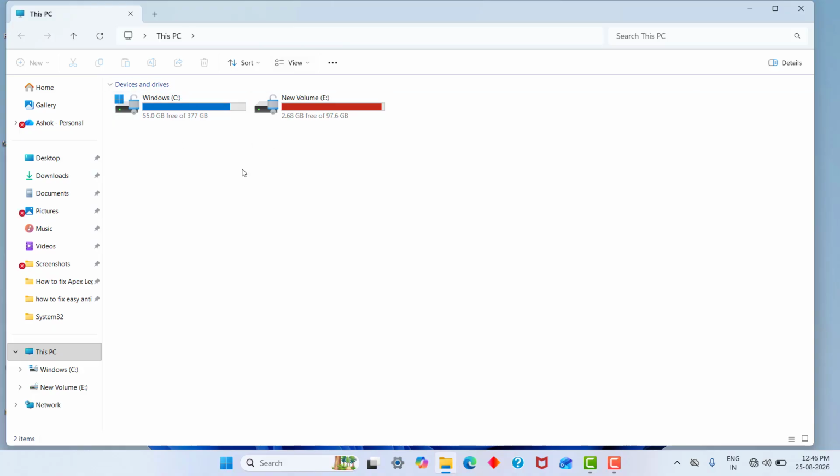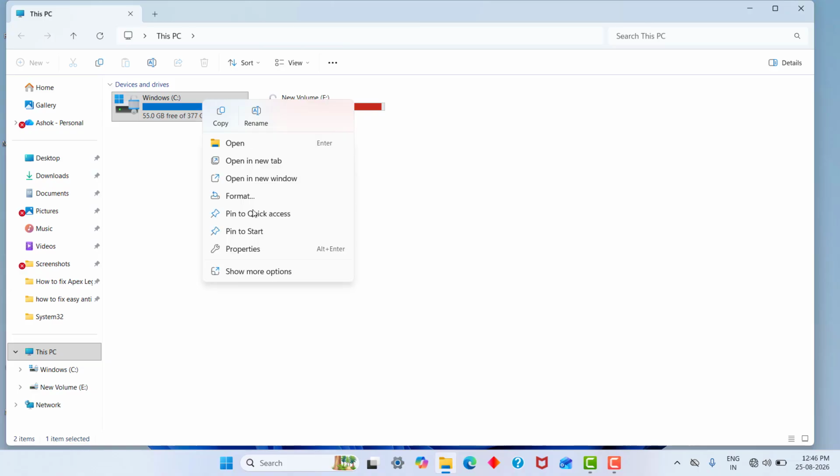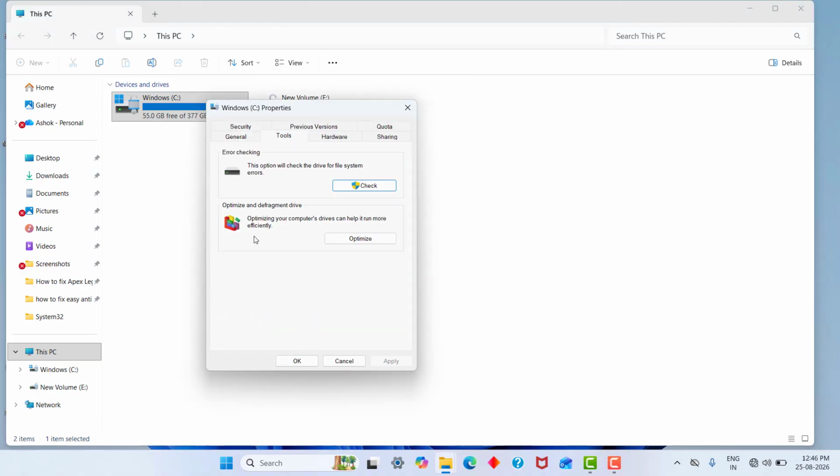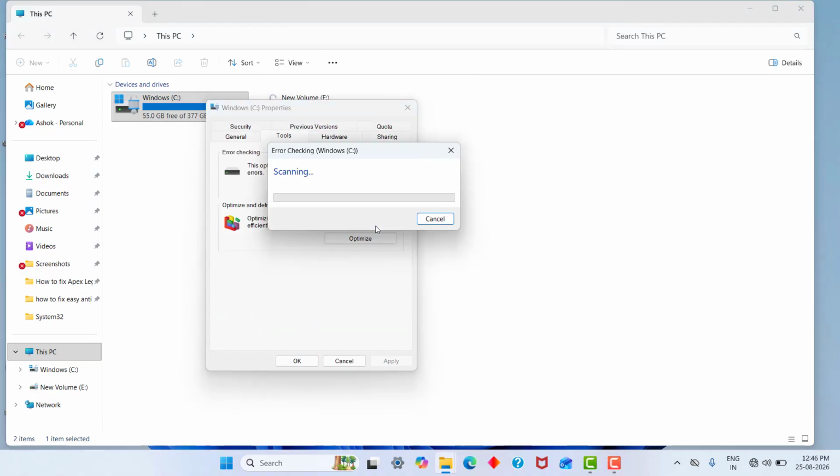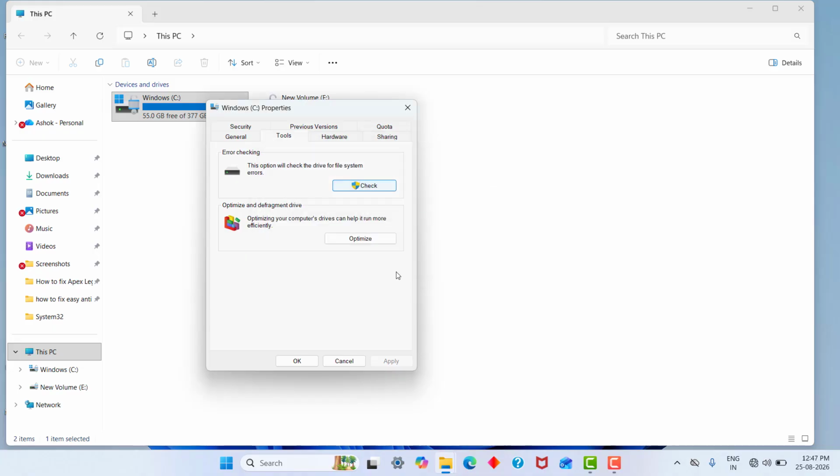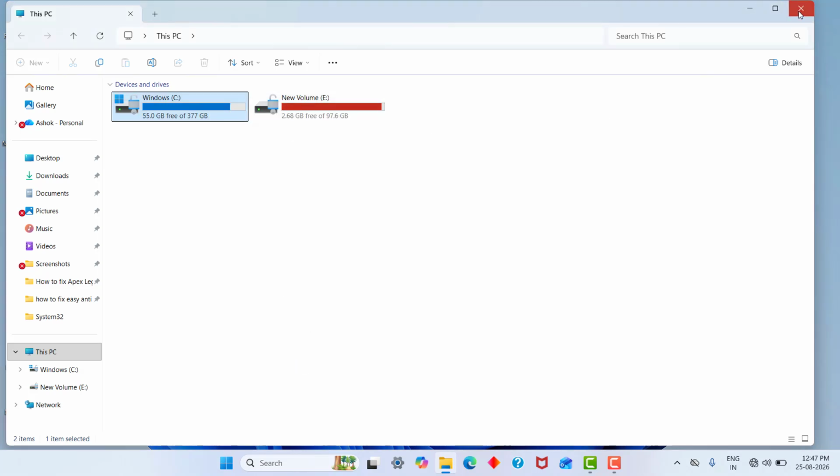Open This PC, right click it, make sure you have enough memory space, click Properties, click Tools, click Check and scan the drive. 10 to 20 GB of free space is recommended, so make sure of it, close it, then move on with the next